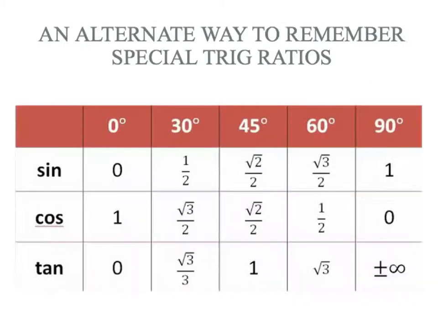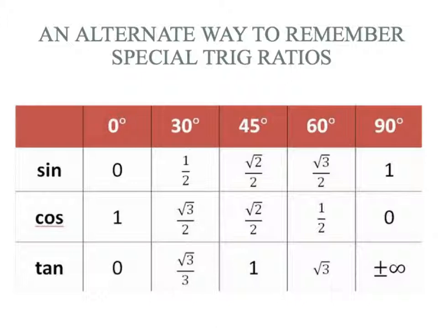for this unit. Okay, we also talked about this special table that you can use to remember the trig ratios. In particular, we talked about these three values. Okay, and you can notice that there's a pattern here when you look at the numbers. We talked about this being 1, 2, and 3. If you order this from smallest to greatest, for the sine value, you have 1, 2, 3. For the cosine, you have 3, 2, 1. Okay, so what you can do if you want to use this for the test is you can write 1, 2, and 3 here, then take the square root, then divide by 2. Okay, and that's the same thing for the cosine